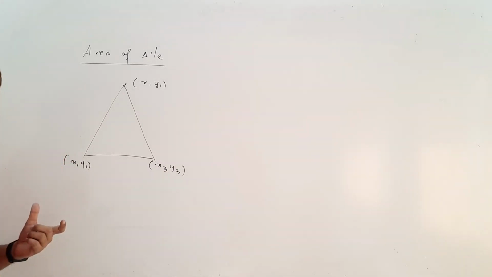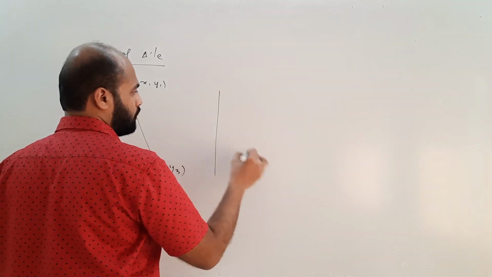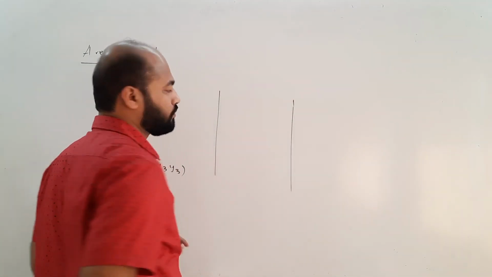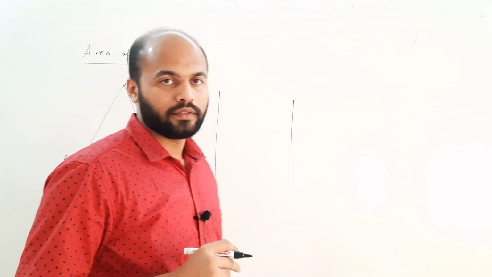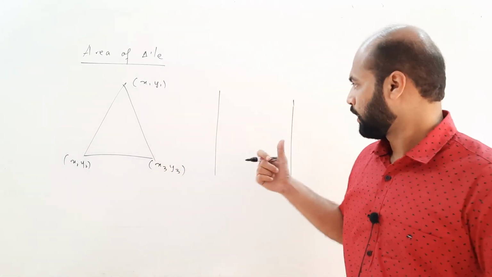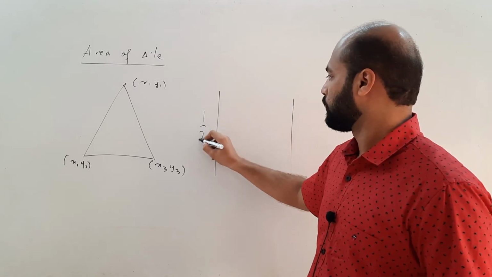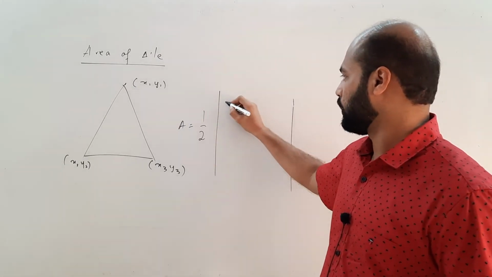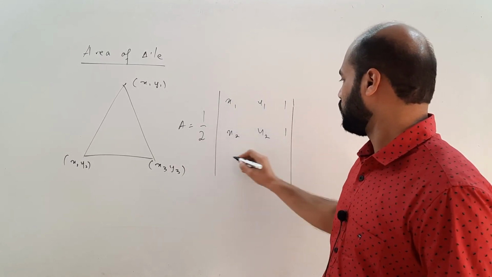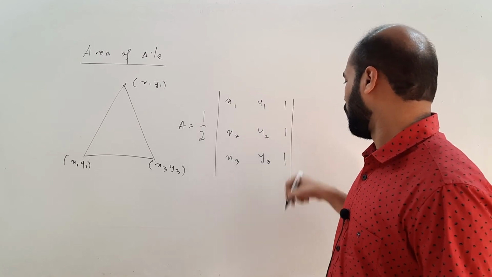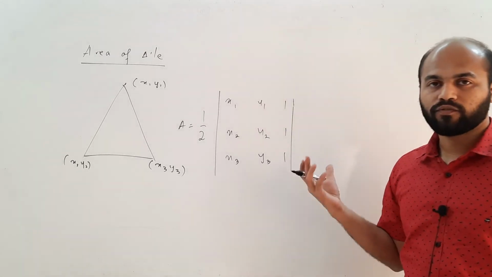If we have to find the area of this particular triangle, then we use the concept of determinant that we have learned in the concept of cross product. In vector product, if you have to find a vector product of two vectors, then what do we do? We find the determinant. So we are going to arrange this determinant as follows. So area will be half of this determinant: x1, y1, 1, x2, y2, 1, and x3, y3, 1. So this is what we do, and ultimately we come to a formula from this.